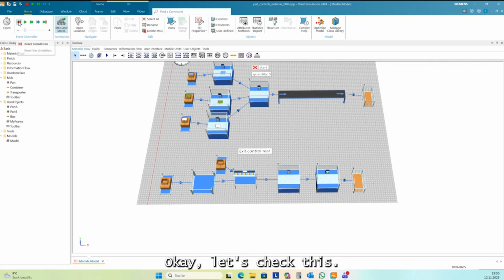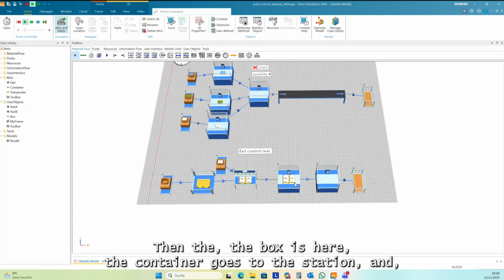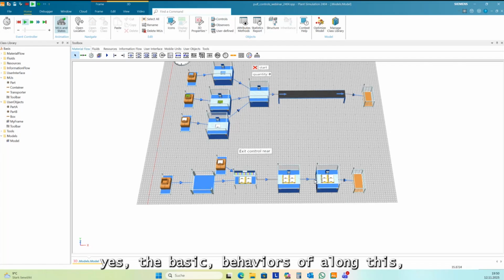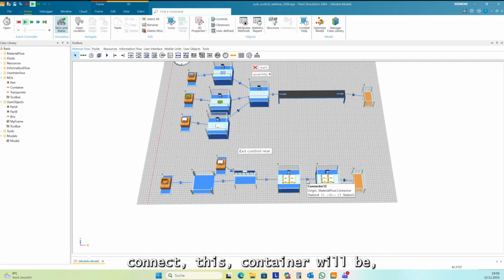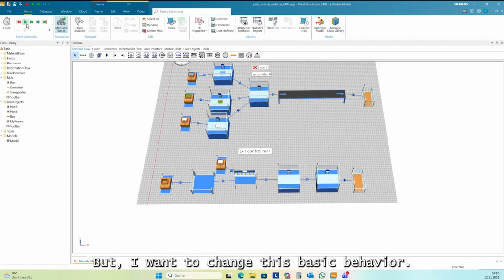Okay, let's check this. I fill this container, then the box is here, the container goes to the station, and yes, the basic behavior is along this connector. This container will be moved to the next station, and there is the processing. But I want to change this basic behavior.